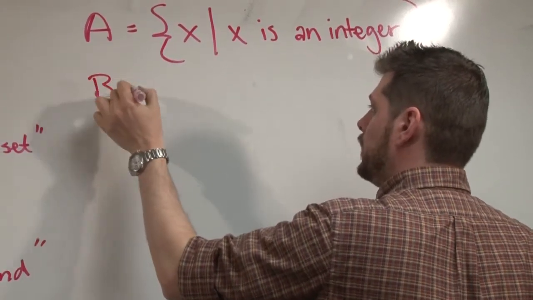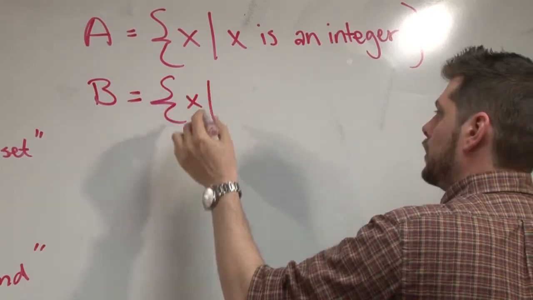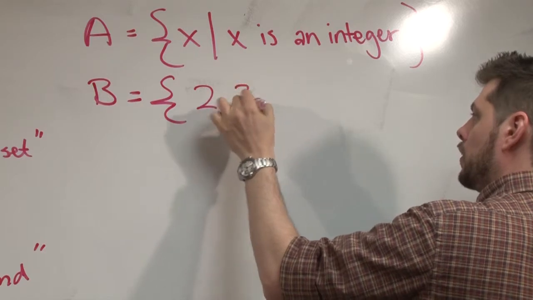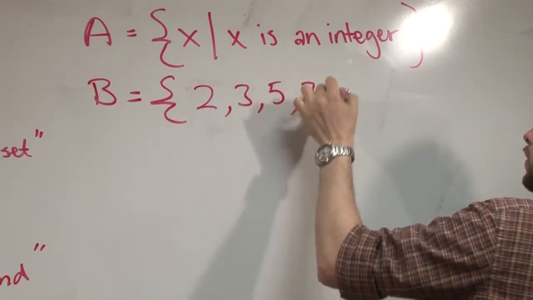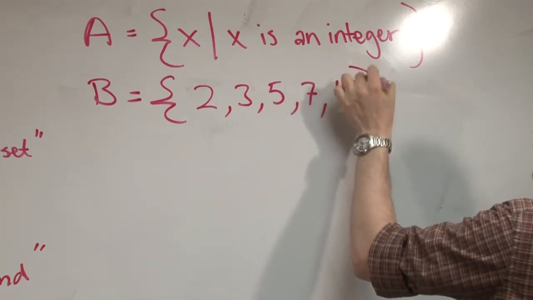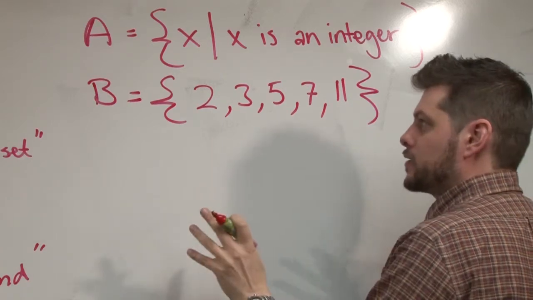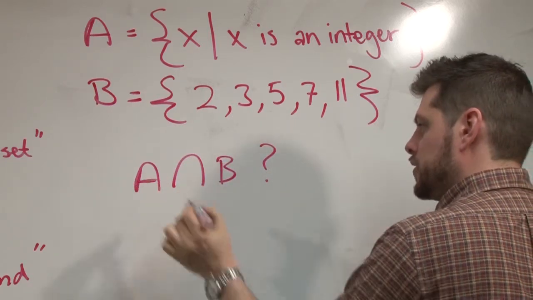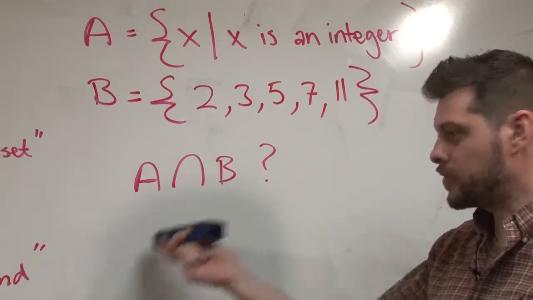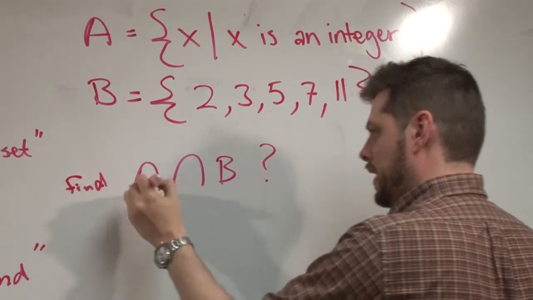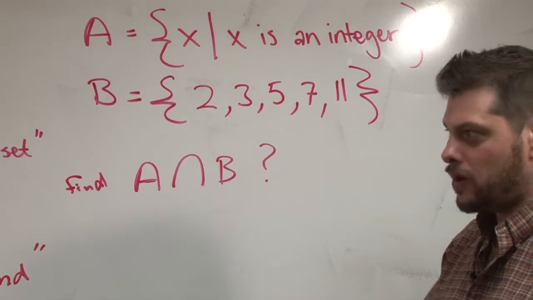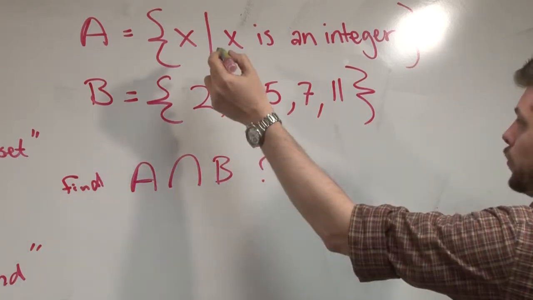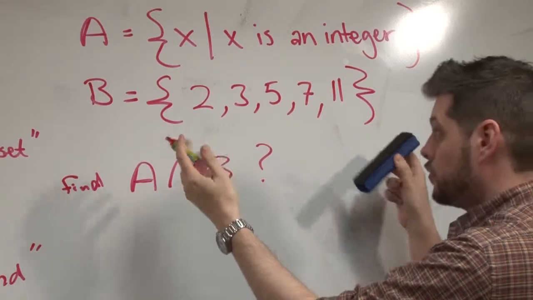And then I'm going to say B is the set of all x such that, oh, even better. Why don't I just give B. If I were to ask you to find this, what would you do? Well, if you saw this on a test, like find A intersect B, there's a lot of mathies in there, all right? But we've talked about all the pieces that we need to do to solve this inequality or to re-describe this set intersection. So we'd start with your most restrictive set, which is 2, 3, 5, 7,